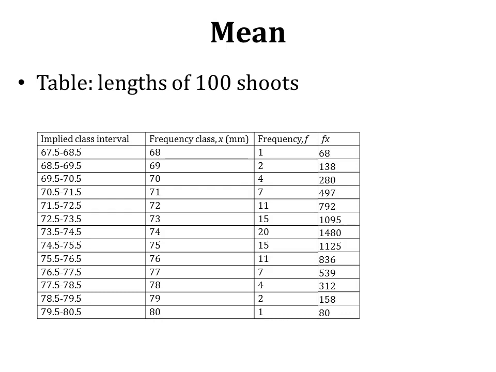This is one class. This is the frequency class, the number by which the class is identified, which is 68, and this is the frequency of the class, that is, how many times this number is represented in the data. This is 69 and this is represented 2 times. So fx is the number which is the multiplication of frequency and the class.